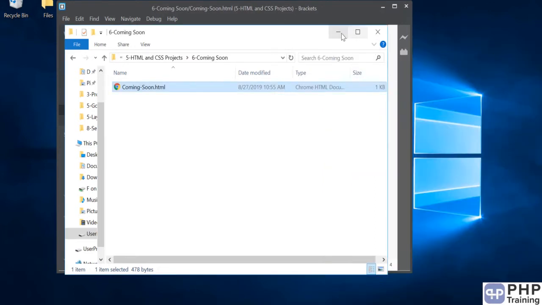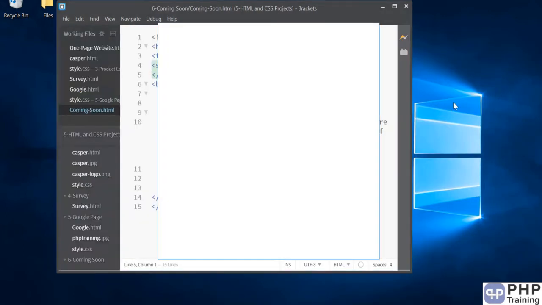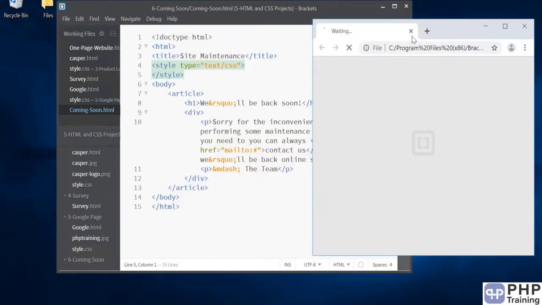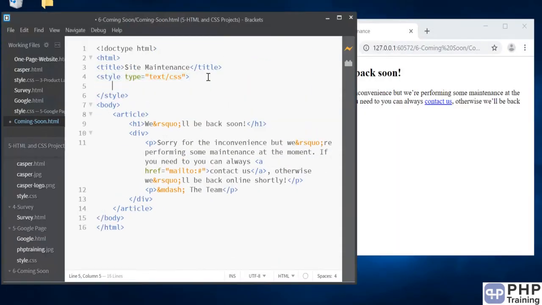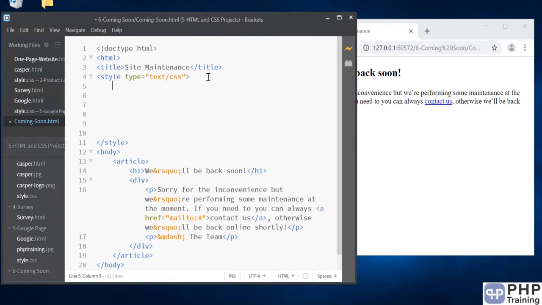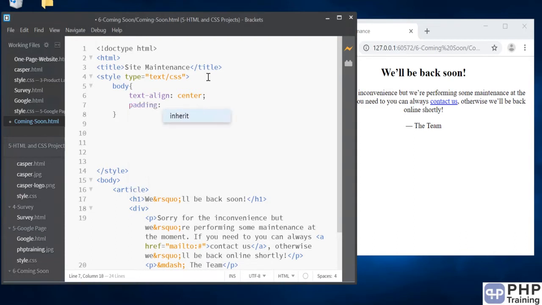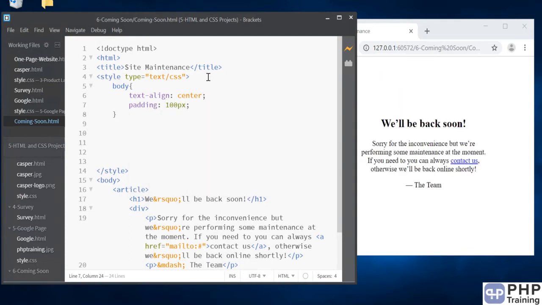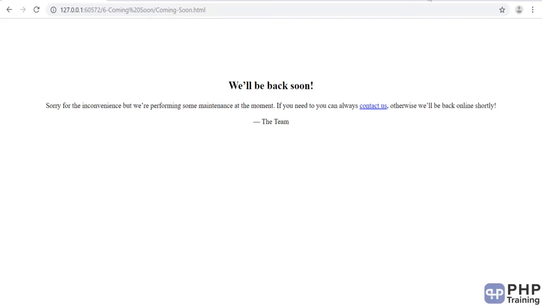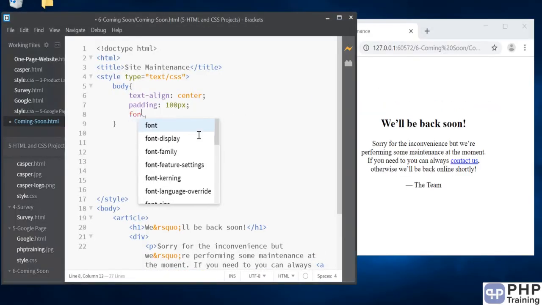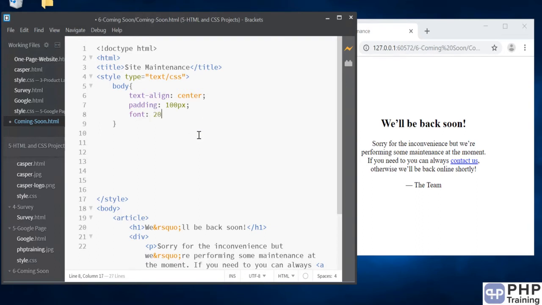Okay, I'm gonna close this. We see a preview of it, and then we'll play around with it by changing this page with the CSS. Okay, first we'll say body, text-align center, so it's all centered now, and then we add a padding of 100px. So the 100px is all around the top, right, bottom and left. So if you look over here, it's almost aligned center, right? Then you can have a font size of 20px,